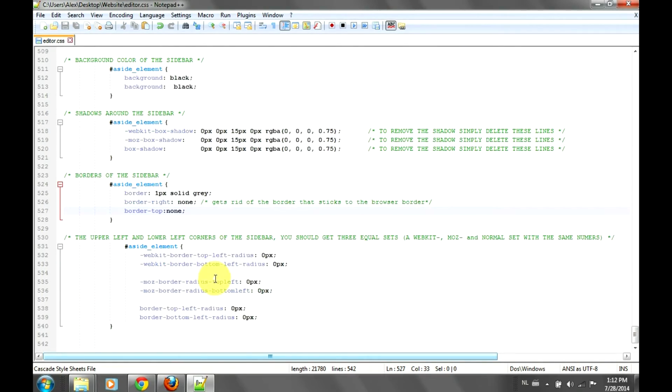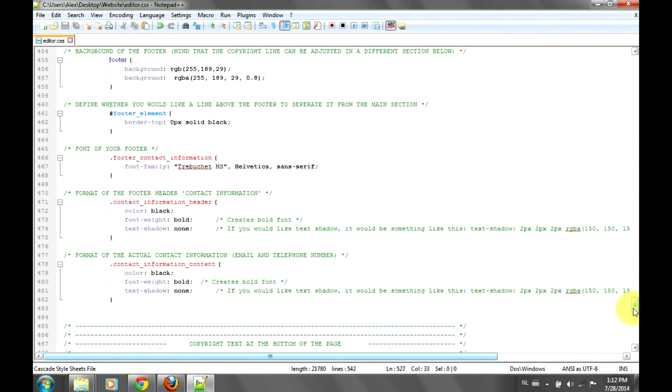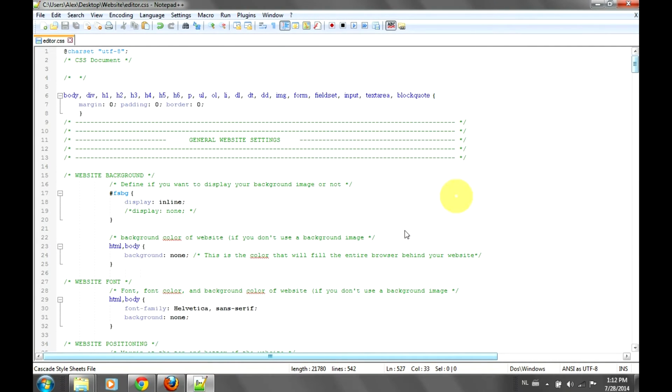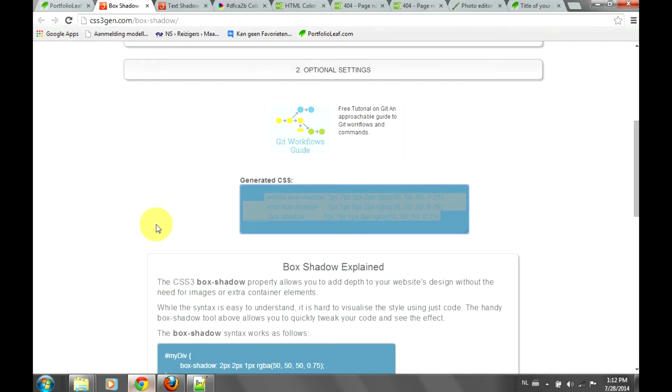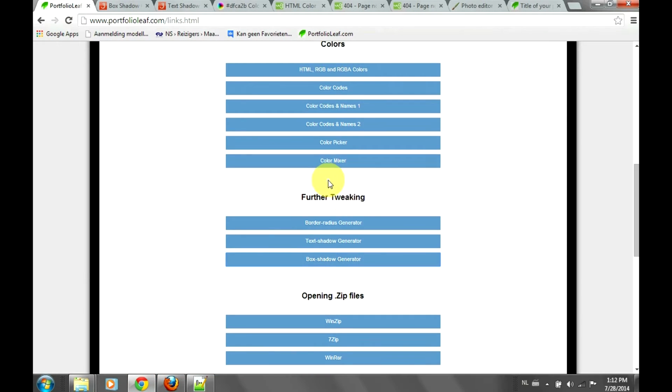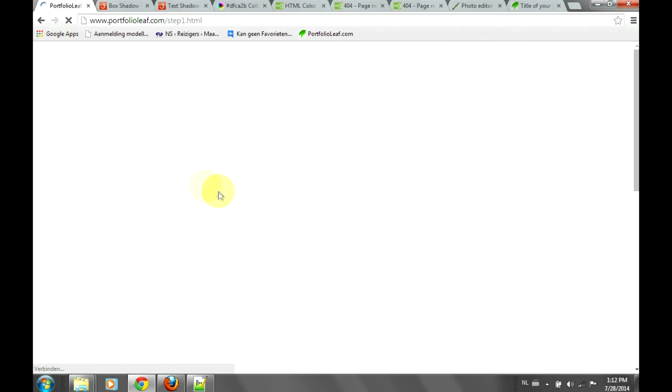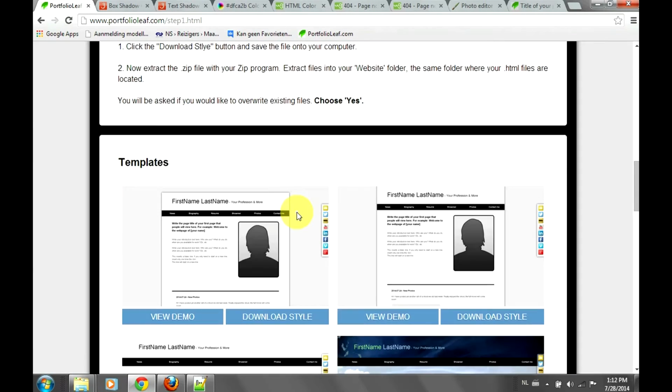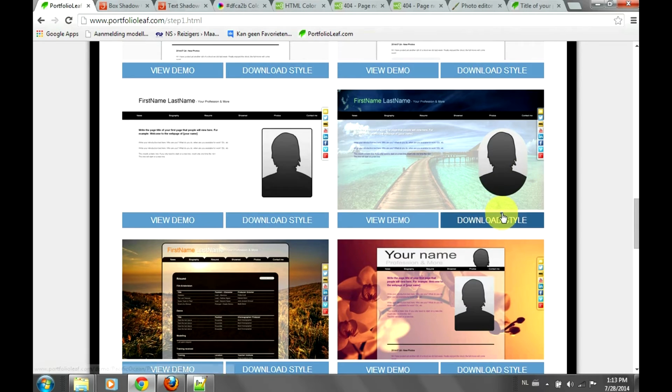So I think that's it, actually. We have covered everything, and now you can play around. And there is one more thing I want to show you, and that is the following. If you think, all right, I like a template that he has created before, or I would like something like this, you can download this style,